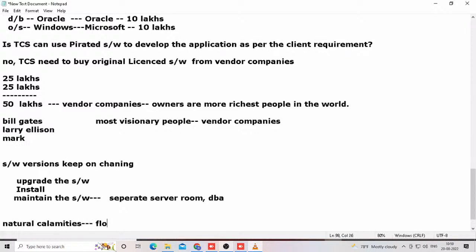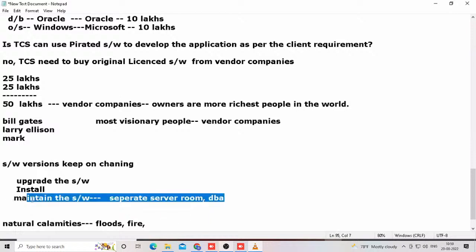Floods, cyclone, fire problem, or any other problem also, yes or no? Yes, sir. Tsunami kind of problem, or whatever it is, any problem could happen. If anything happens, automatically servers, database, everything gets affected, yes or no? Yes, sir. So it all comes under what here? Maintenance. That is why in the traditional system, before cloud computing, listen carefully, both the clients